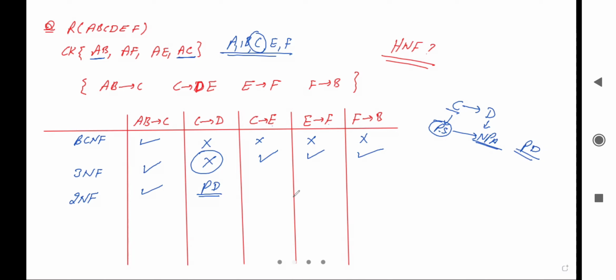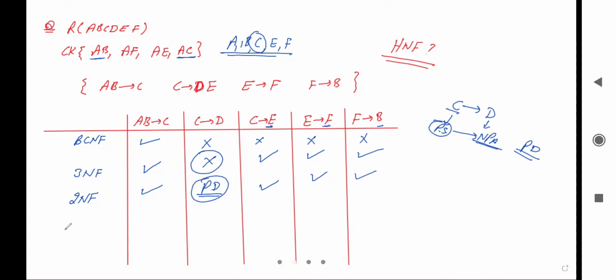ठीक है. What about this one? प्रैक्टिस के लिए ये चेक कर लेते हैं. यहाँ पे नॉन प्राइम एट्रीब्यूट नहीं है, राइट में क्या होना चाहिए? नॉन प्राइम होना चाहिए. तो इन तीनों केसेस में ही नॉन प्राइम नहीं है, राइट? तो प्राइम एट्रीब्यूट है राइट में, प्राइम एट्रीब्यूट है तो कोई प्रॉब्लम नहीं आएगी, ये सेकंड नॉर्मल फॉर्म में रहेगा, राइट? But due to this one it is not in second normal form.